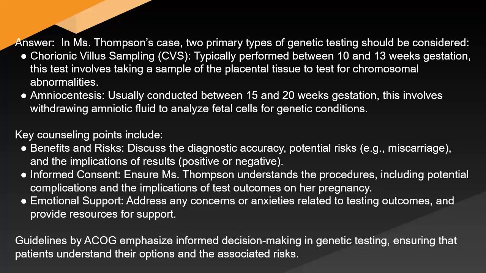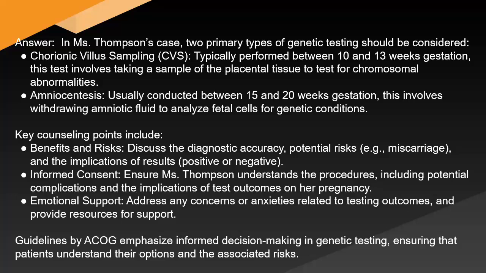Chorionic villus sampling, CVS, typically performed between 10 and 13 weeks gestation. This test involves taking a sample of the placental tissue to test for chromosomal abnormalities. Amniocentesis, usually conducted between 15 and 20 weeks gestation. This involves withdrawing amniotic fluid to analyze fetal cells for genetic conditions. Key counseling points include: